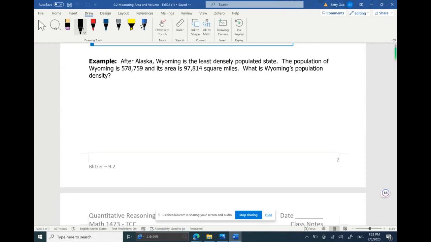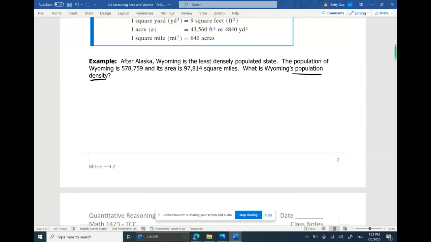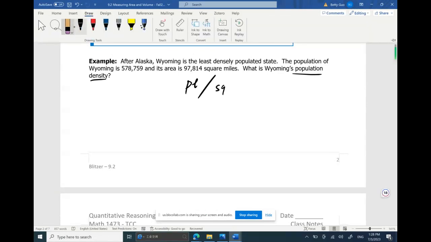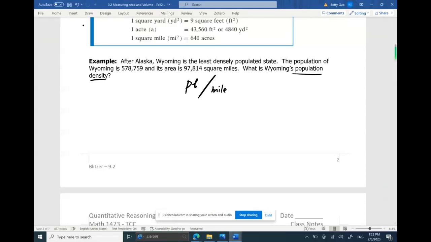So you want to know population density. The unit of measurement of population density is people, how many people, number of people per square mile. All right, we can write it this way: square miles, like that. So we are going to put the number of population, the number of people, in the numerator, the number of square miles in the denominator,